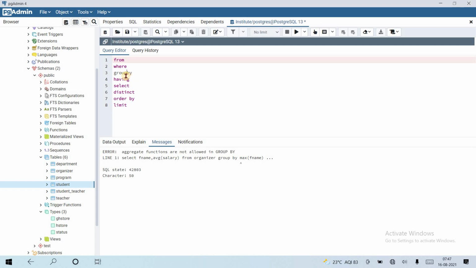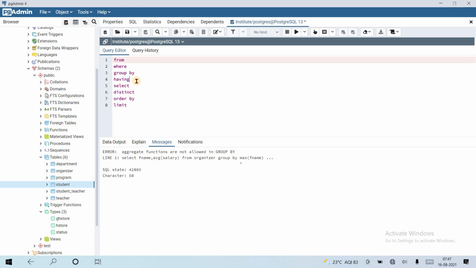Okay, let's see. I have told you right now that we can use the HAVING clause with the GROUP BY clause, because the GROUP BY clause is executed before the HAVING clause. And we cannot use a column alias, like suppose column 1 as p of student, in the HAVING clause, because the SELECT clause is evaluated after the HAVING clause, and that's it.